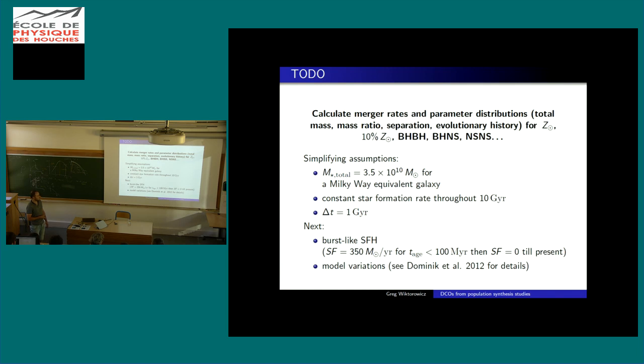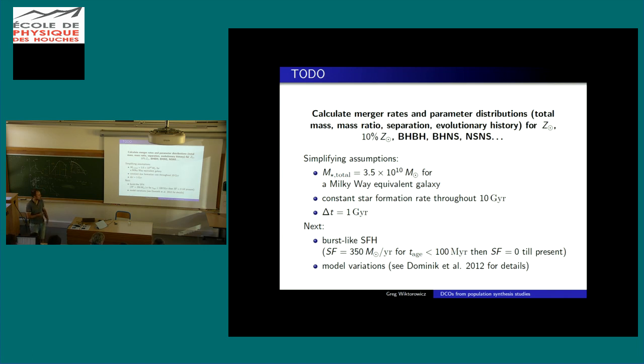We can assume that the star formation rate is constant through 10 billion years of galactic evolution. Once again, it's of course not correct. The star formation history for our galaxy is much more complicated and it's not uniform for the entire galaxy. But just to see